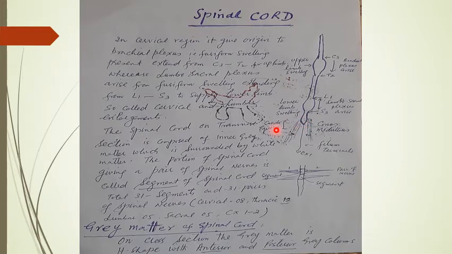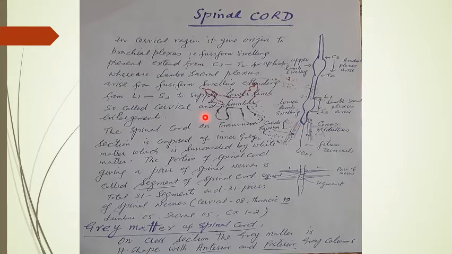Cauda equina resembles the tail of a horse. If you look at the tail of a horse, it is the same shape. From the conus medullaris, a filamentous structure is attached above to the conus medullaris and below to the coccyx 1 vertebra. The name given is filum terminale. It holds the spinal cord in position and is a connective tissue element. Basically, it is pia mater through which the spinal cord descends, and the rest of the pia changes into filum